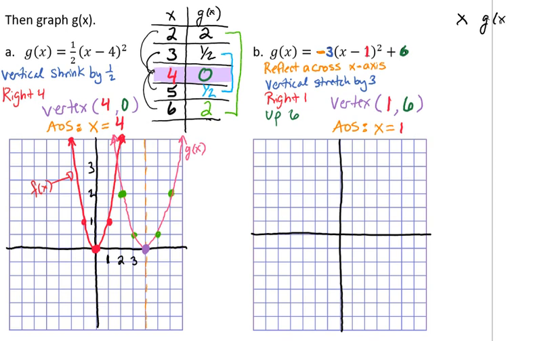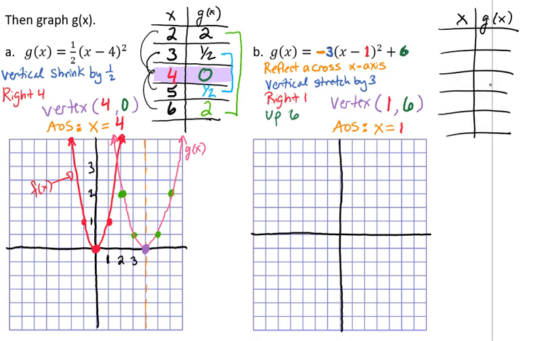Then you should have made your table with the vertex in the middle, then you should have chosen 1 number bigger and 2 numbers bigger, and then smaller, so 0 and -1, and then plug those into your equation into the x's spot. Plugging that in is going to give you the values of 3 and -6,